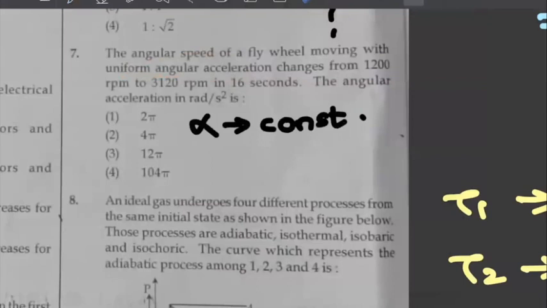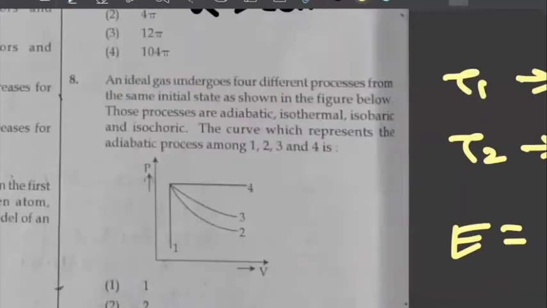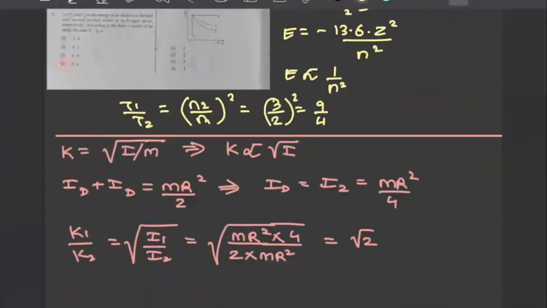So angular speed, that should be omega, but what they have given here is frequency. So frequency changes from 1200 to 3120 rpm. So we can convert it to hertz, in 16 seconds. So the angular acceleration of this is a very simple one. So what I can do here is,